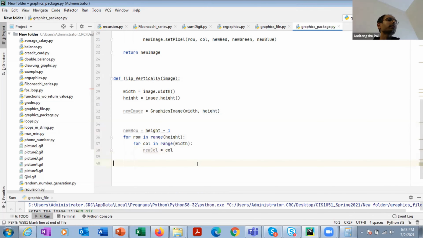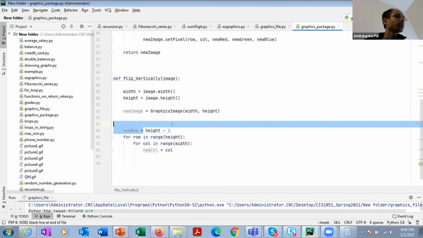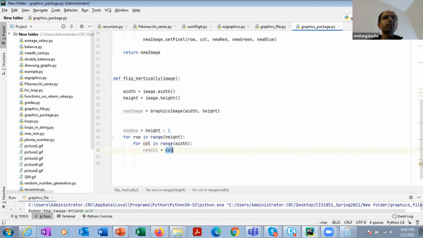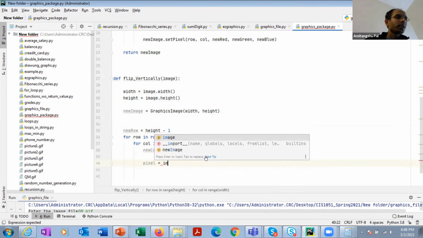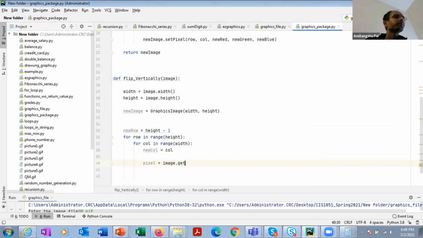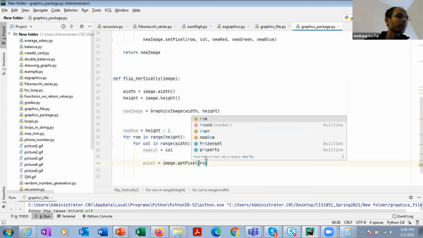So for the new image, the first row is going to be height minus 1 and the first column is going to be the old column. Okay, that's it. And then let's extract the pixel intensities. So pixel equal to image dot get pixel, column, row.